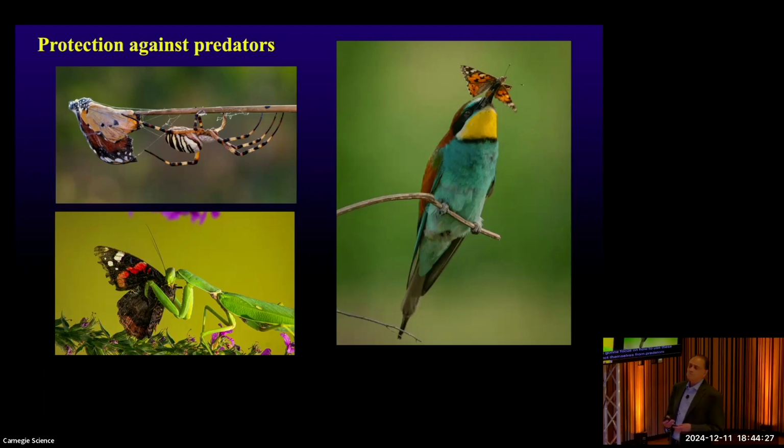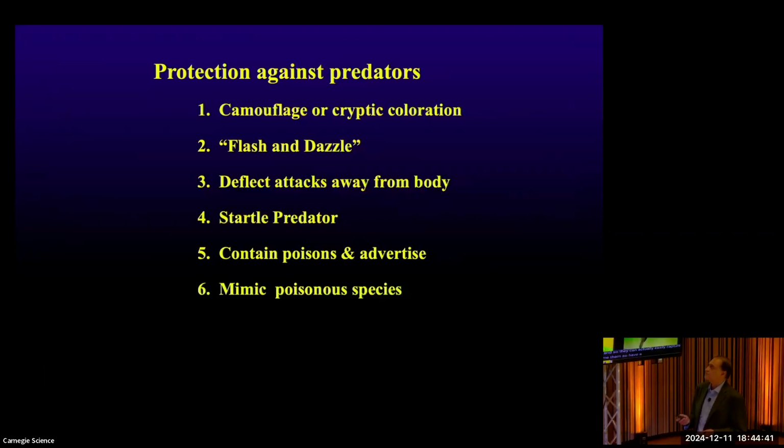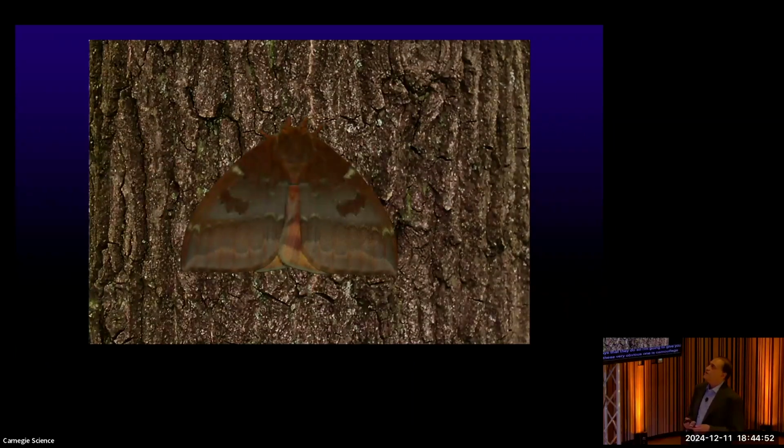The main predators that adult butterflies have are animals such as birds, other insects, and spiders. And so they can easily capture adult butterflies and consume them. So how do butterflies protect themselves? There are a number of ways that they do this, and I'm just going to give you very briefly some examples of each. A very obvious one is camouflage. For example, when this moth sits on the bark, its color and pattern break up its outline and it's hard to see against this.